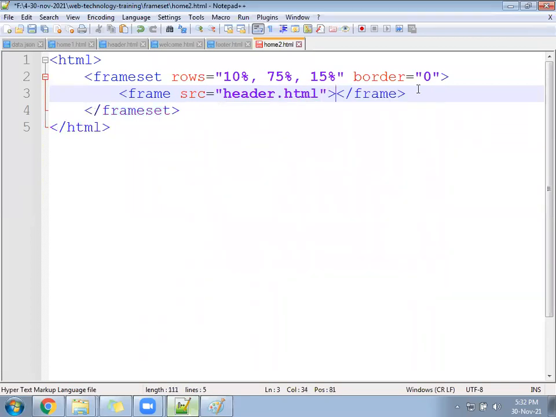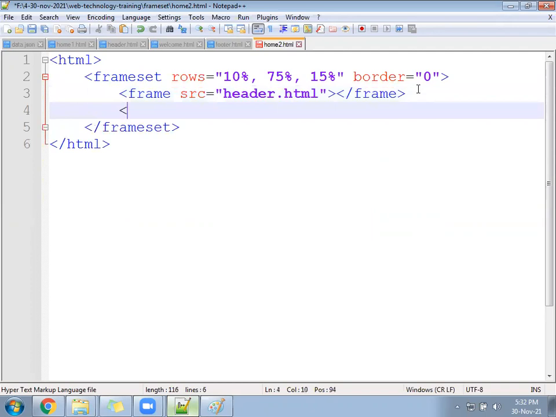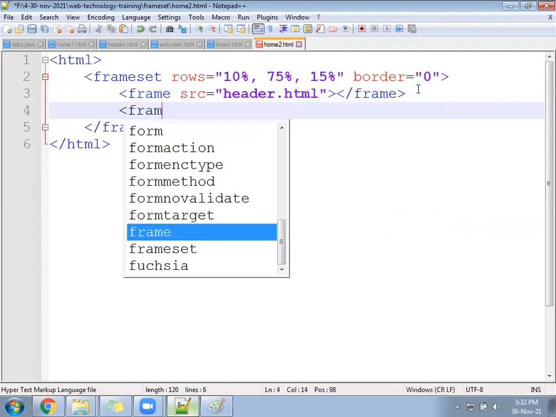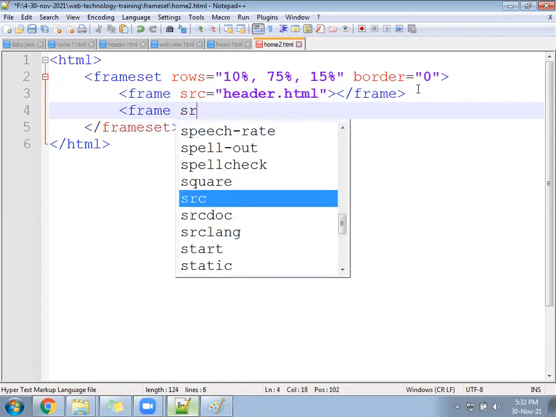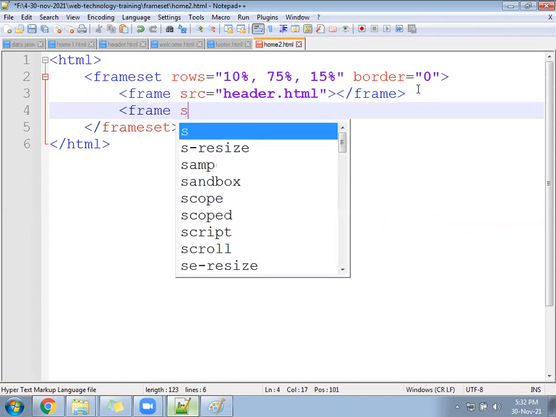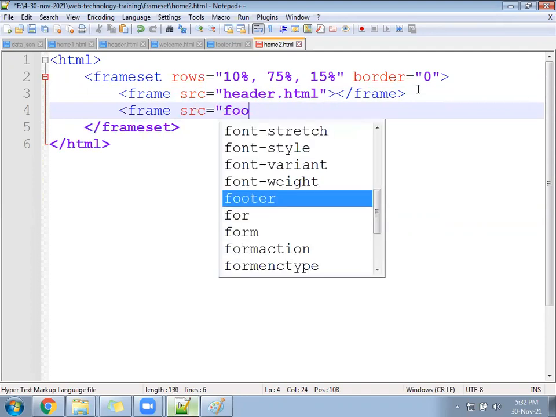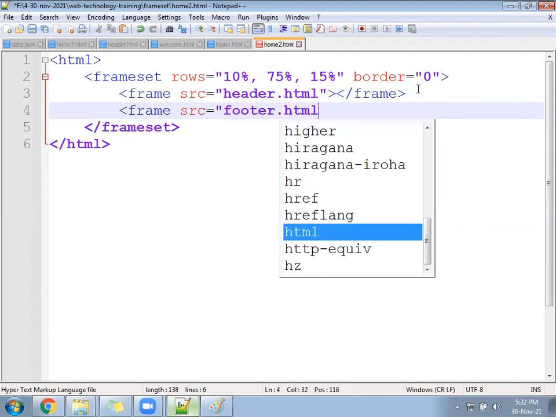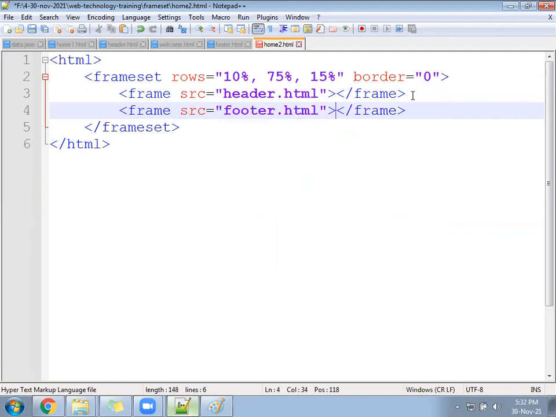Second frame, no, second frame don't call here, call frame src equal to footer.html. Call the first frame and call the last frame. So header will appear on the top, footer will appear in the last.